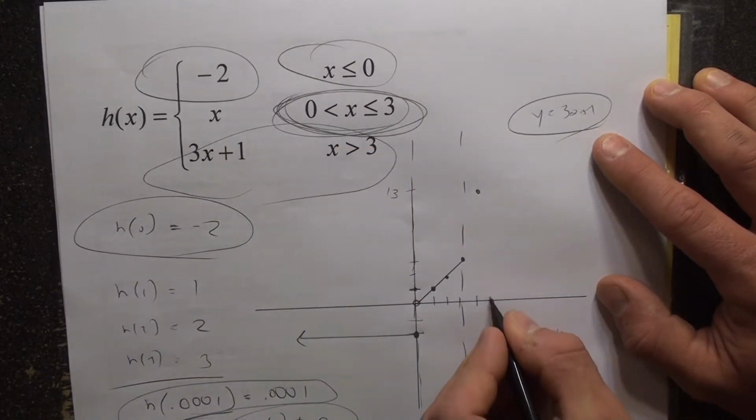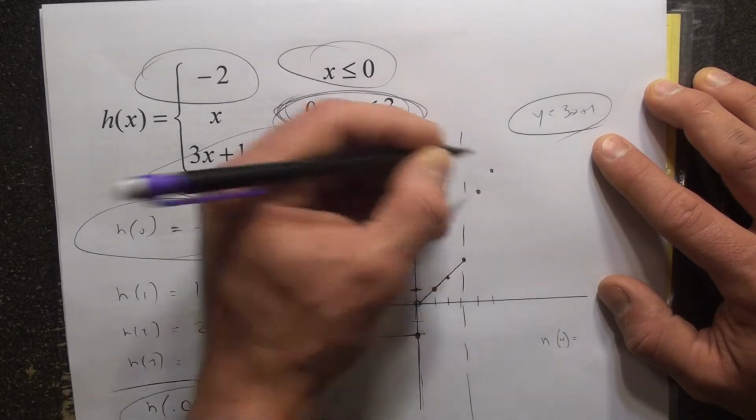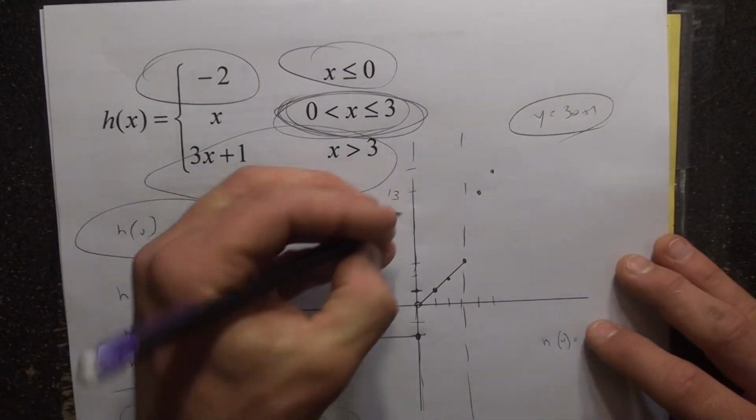Okay. At 5, what would you have? A 16. Okay. And it might just be easier to do it this way. And then, of course,